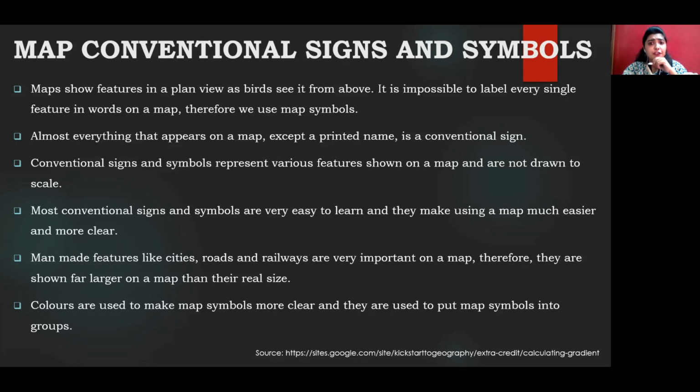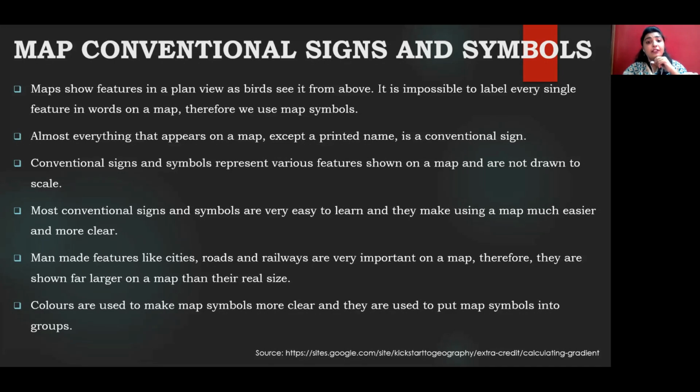When it comes to a river, I'll show it with a blue color, which shows that it is a perennial river. If I'm using a black color, then it is a non-perennial river. When it comes to railways, I'm going to show it with a black line, with certain divisions on it, which depicts it's a railway line.